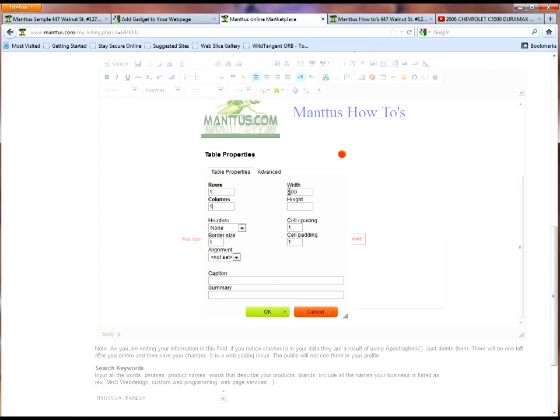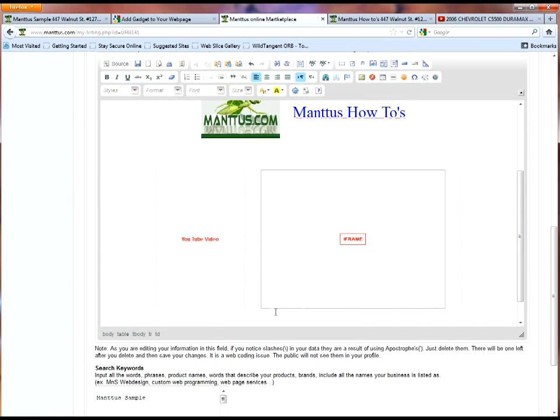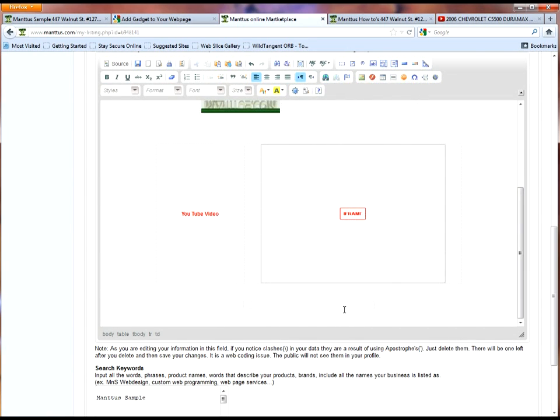It looked to be somewhere around the neighborhood of about 300 characters wide, so I'm going to make it 300 characters. I'm going to change my cell spacing to 0 because I just want it to show the calendar, and I want the alignment to be center on my page, and OK. So we're going to go down. Here's my